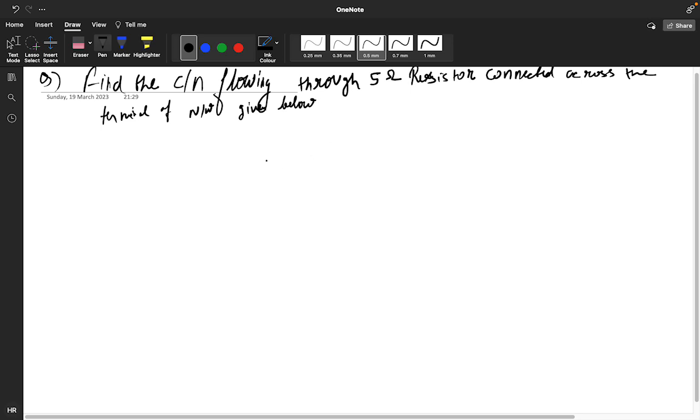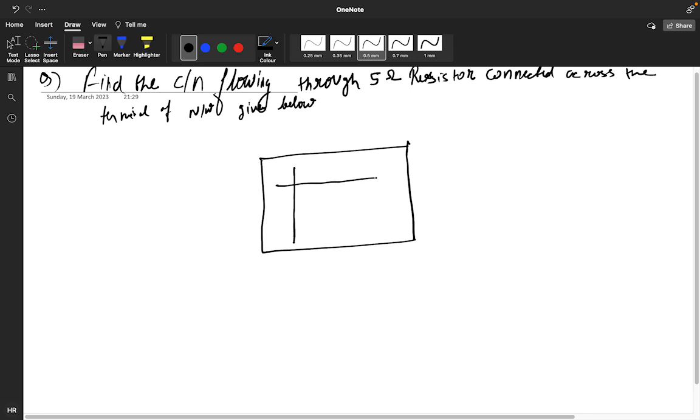Okay, now they have given the network like this. They have given a graph like this. This is your voltage, this particular axis is your I, and they have mentioned minus 4 ampere, this is 20 volt, and this is I, and this particular is plus minus V. Okay guys,